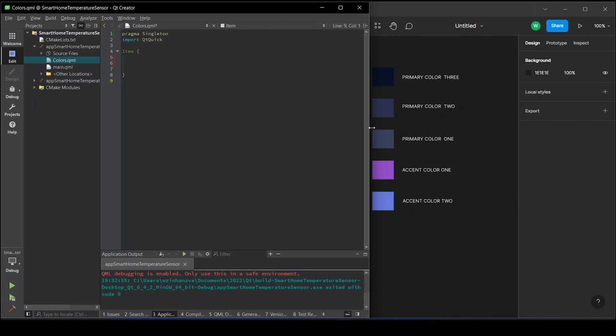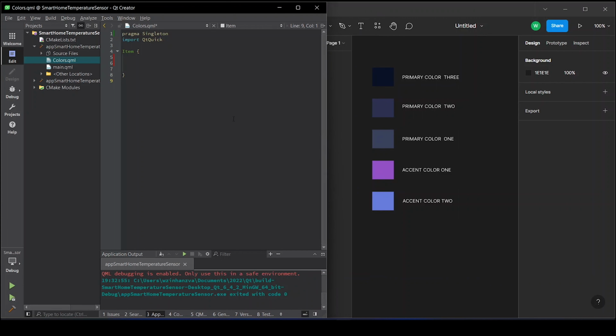So let's just do it like this. So we're going to have about 1, 2, 3, 4, 5 colors which we're going to be using for our theme. So what you need to do, create properties. So this is going to be a read only property, a color,